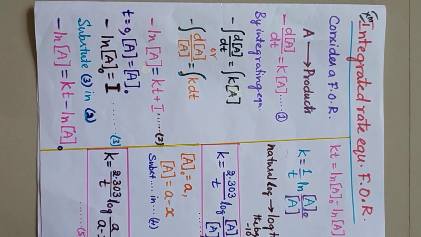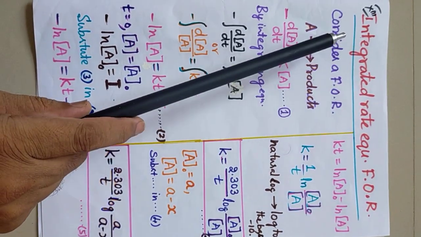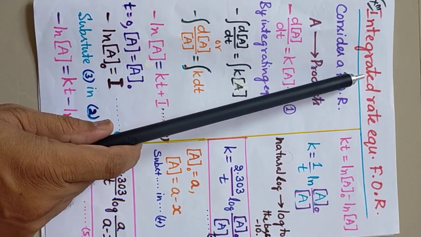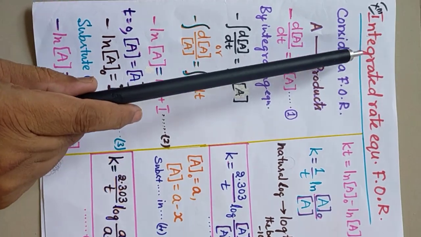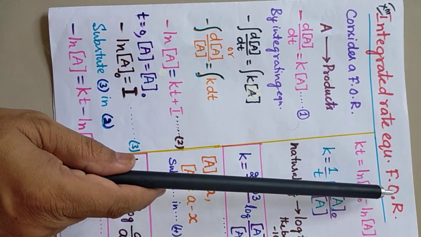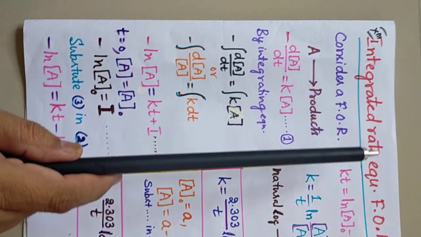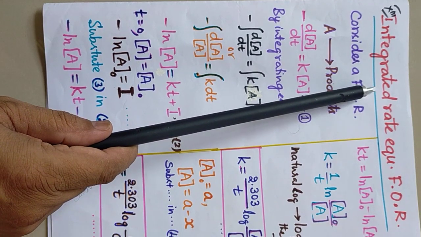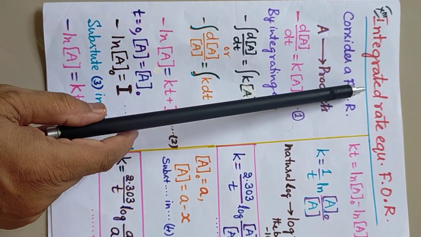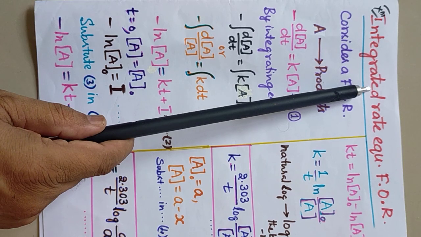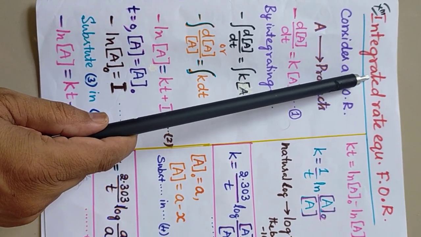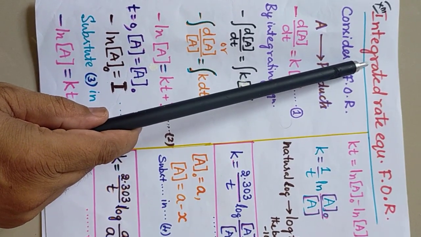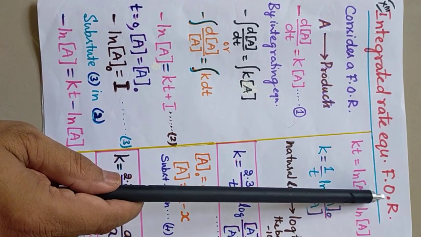Welcome. The next lesson, the next concept after the half-life of first order and zero order reactions, is integrated rate equations. Integrated rate equations of first order reaction. Here we are considering the first order reaction and the mathematical part of the integration. In order to know the values of the rate constant, we integrate, and these are called integrated rate equations. So first we are learning integrated rate equations for first order reaction.